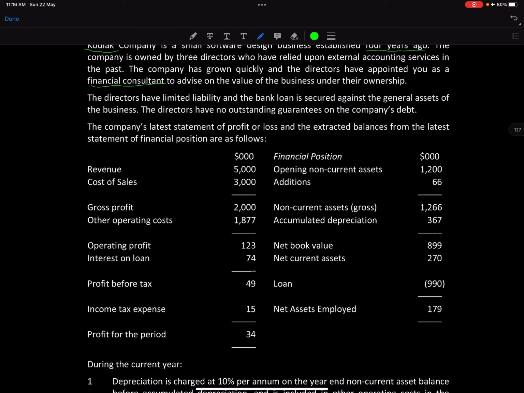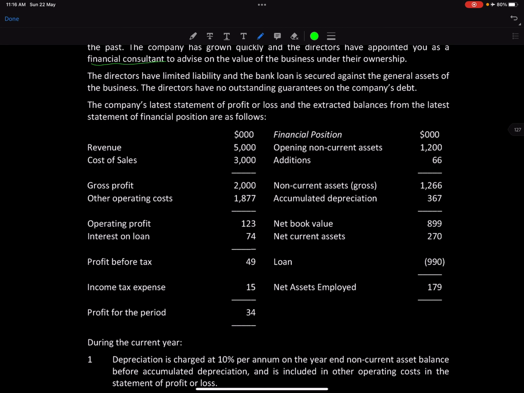Okay, we've got the SOFP. Opening non-current assets is 1,200. There was some addition, so gross was this much, accumulated depreciation was that much, net book value is this much, right? So you add what else? You've got non-current assets, and then you've got the loan 990, right? And then net assets employed is this much. So that is basically in net current assets 899 plus 270, 1169 minus 990, right? 179. And then after that,